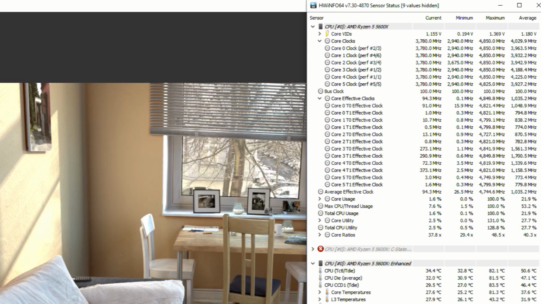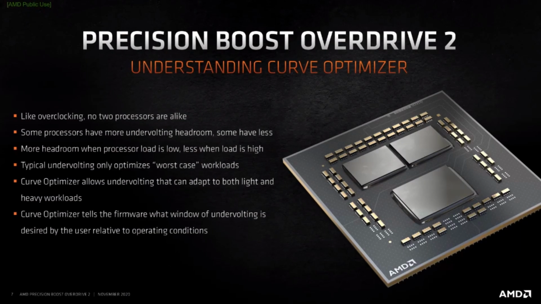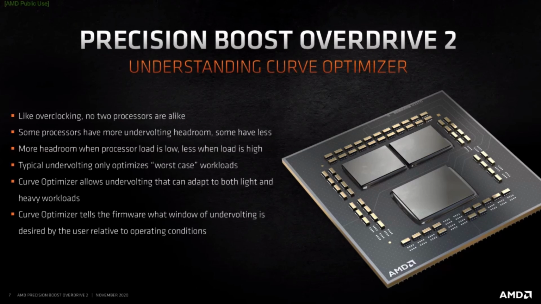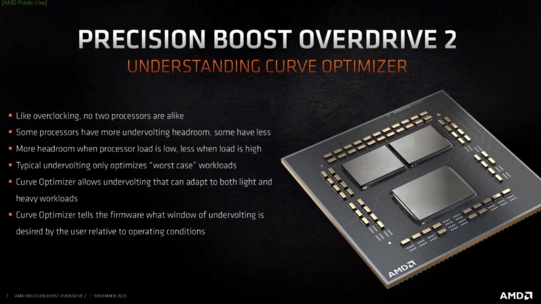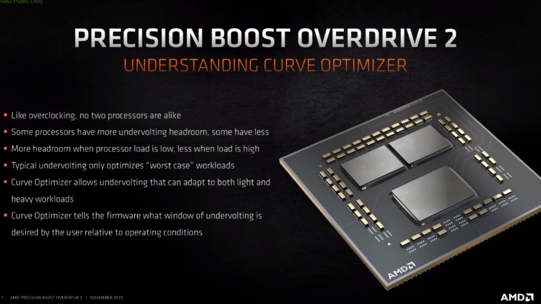Looking at the pairs of individual threads under core effective clocks, I identified core 3 as reaching the best frequencies while having a -24 magnitude curve. Therefore, I would try to push other cores in order to reach the performance objective. There is no magic recipe for Ryzen tuning, as there are no two processors alike. Also, some processors have more undervolting headroom than others. And remember, the cooling has an important role in overclocking, as higher temperatures are a limiting factor.